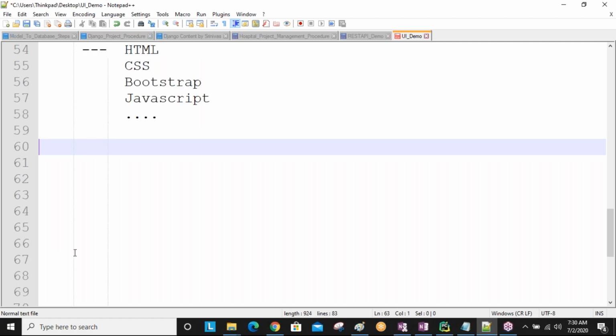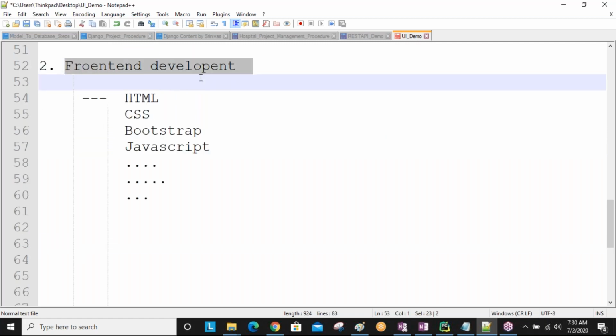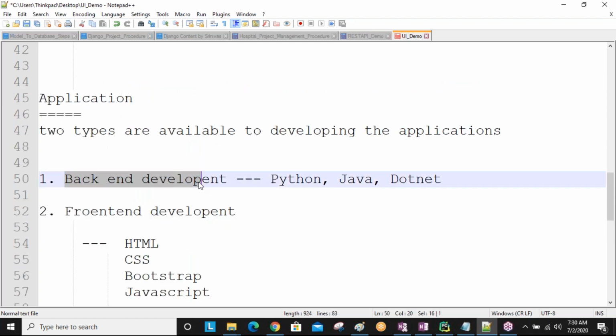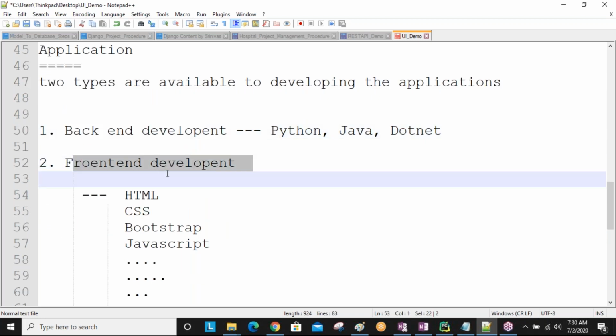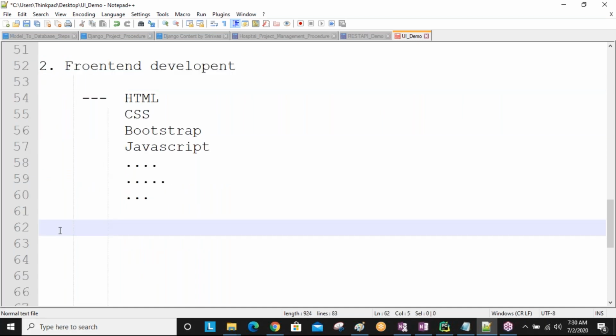Which persons do we call front-end developers, and which persons do we call back-end developers? Sometimes this is asked in interview questions, as well as: what is UI?